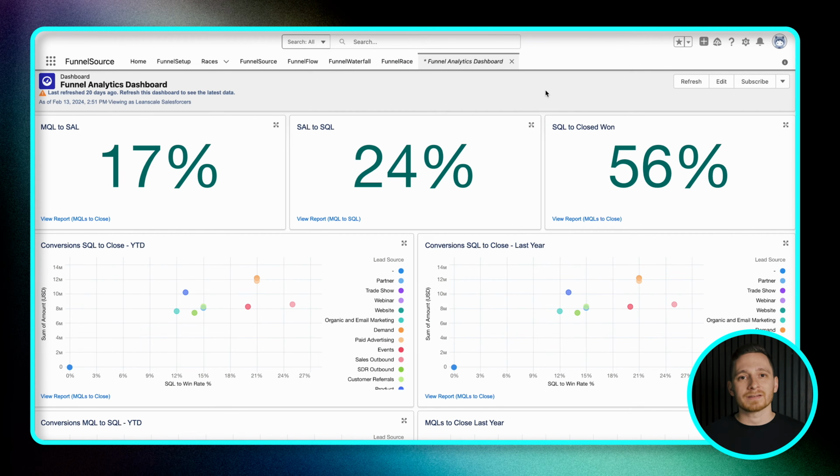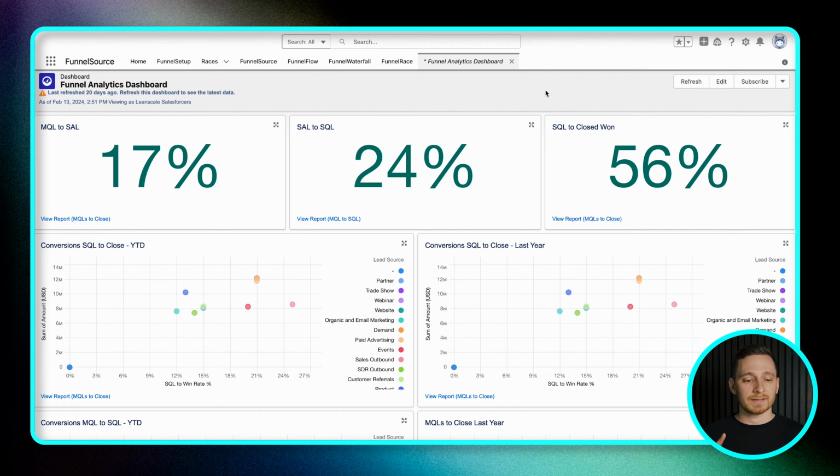Last but not least is a funnel analytics dashboard. So diving really deep into those conversion rates and sales cycles can help you get a really good understanding of which lead channels are performing the best for your business. Right at the top, we're gonna have the typical conversion rates you're going to need to know or want to